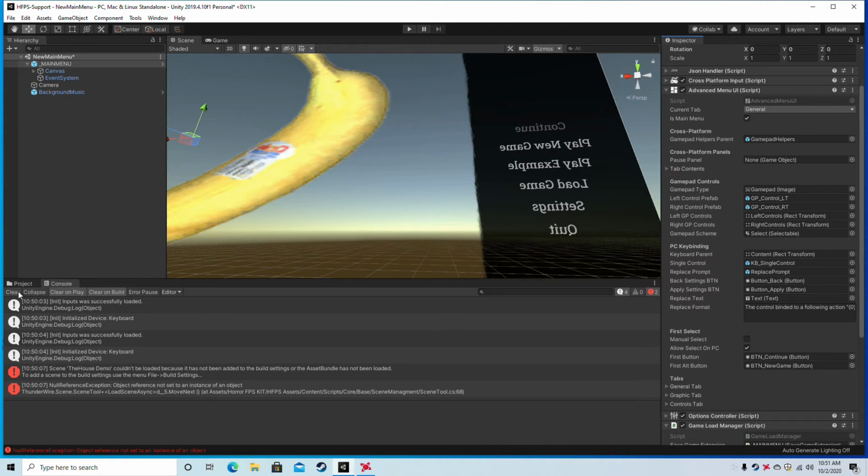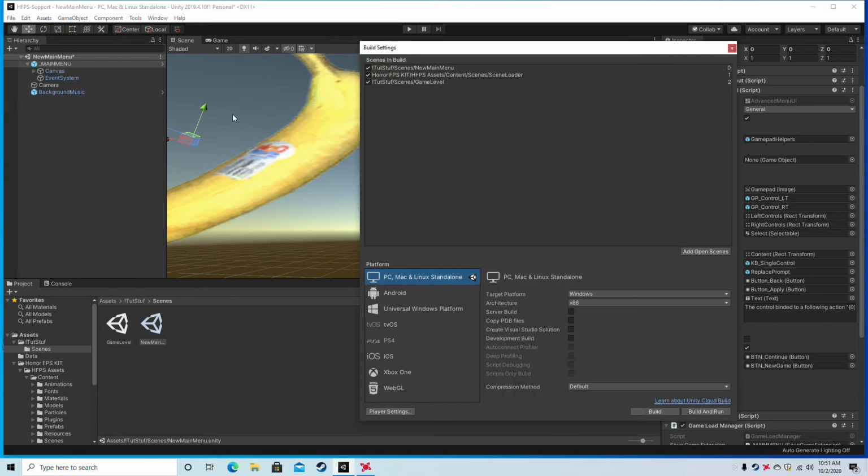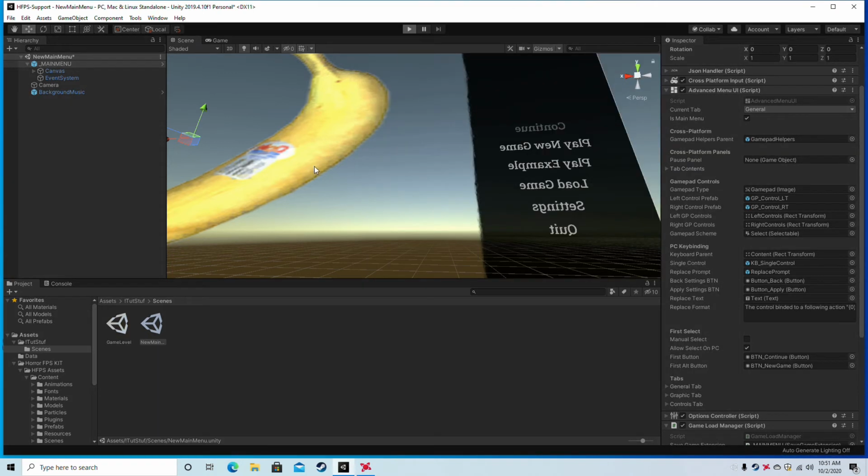Alright, so we can clear off our console to make sure there's no errors. We're going to go to the build settings quick and make sure everything is set up. We've got our main menu as the first scene, and then we're using the scene loader, and we have our game level as the next scene. Alright, so now if we hit play,